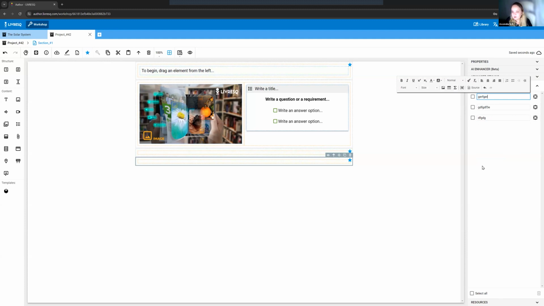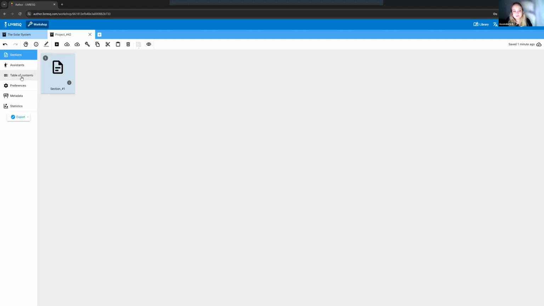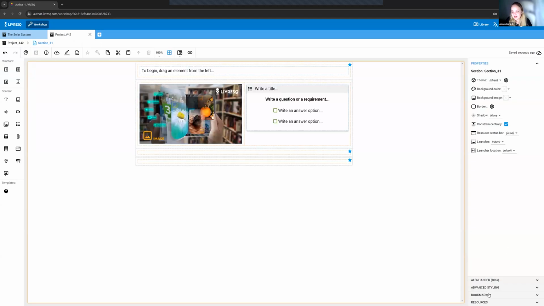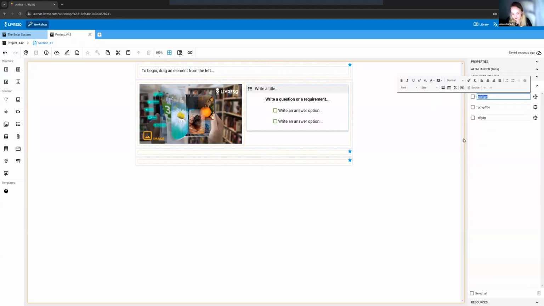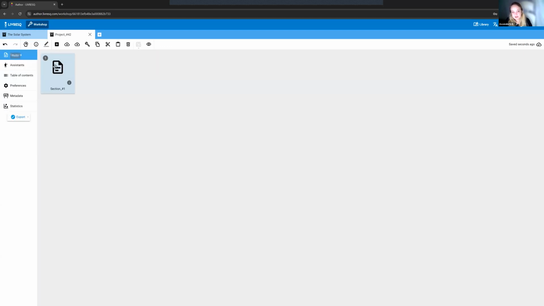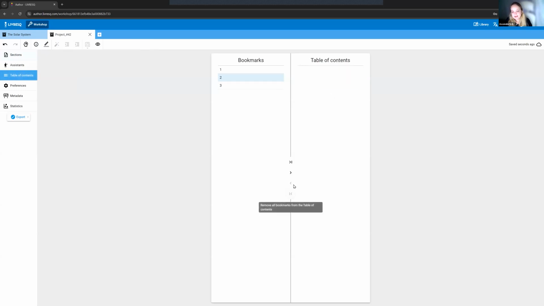Name them, give them whatever titles I want. I'm writing very elaborate words that make a lot of sense. I go back to the project table of contents, and this is my list of bookmarks, and I can drag and drop them to my table of contents. If I change the order accidentally, for instance, actually, let's give them more intelligent names so that they can actually make sense. So let's just say 1, 2, and 3. If I go to table of contents and I accidentally add them in a different order,